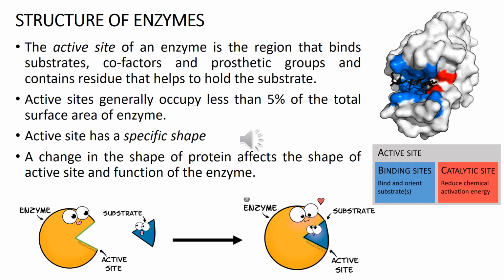The molecule that is bound in the active site and is acted upon by the enzyme is called the substrate. Look at the cartoon figure at the bottom of this slide. The pizza-shaped guy, blue in color, is the substrate, while the yellow one is the enzyme. The surface of the active site is lined with amino acid residues with substituent groups that bind the substrate and catalyze its chemical transformation. The green line that you see in the mouth of the yellow guy, those are the amino acid residues. Often the active site encloses a substrate, sequestering it completely from the solution.